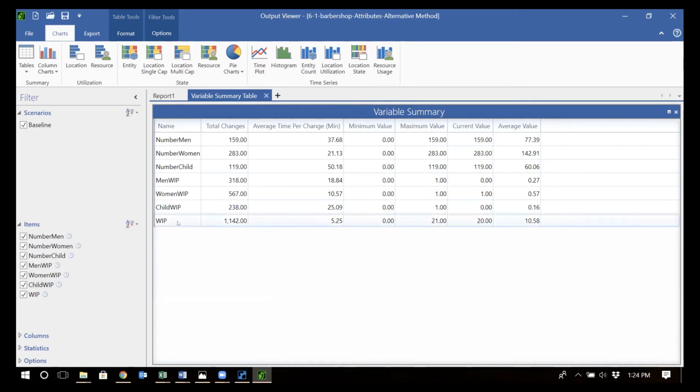And as you may remember from the previous session, we also calculated one variable for work in process in general, okay? And you see now the work in process for men, women, and children is even less than 1, and it shows that the maximum values are 1. But on the other hand, the work in process for the whole customers is 10, okay? So obviously these numbers do not make sense. How come there are 10 customers overall in the store at any point of time? However, when we look at the number of children or women or men, the values are less than 1. So these numbers obviously do not go together, so something is not correct here. Okay, so if I go back to the model,